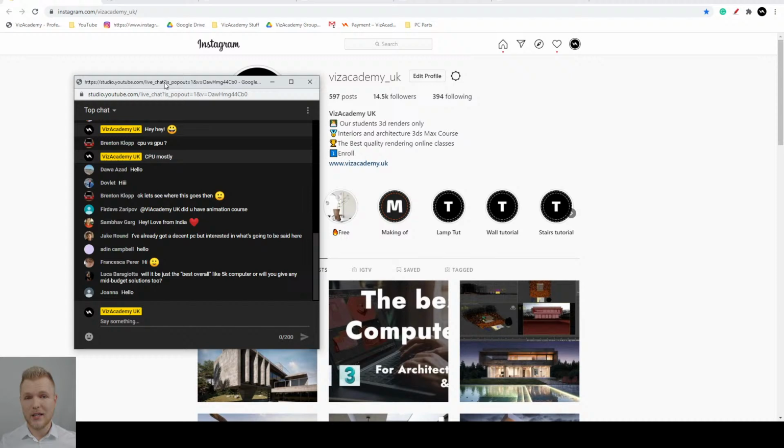The computer industry is ever growing, and it's impossible to show you one product that's going to be perfect, but we can guide you on what kind of parts or what system you should be using when trying to work in ArchViz and the architectural